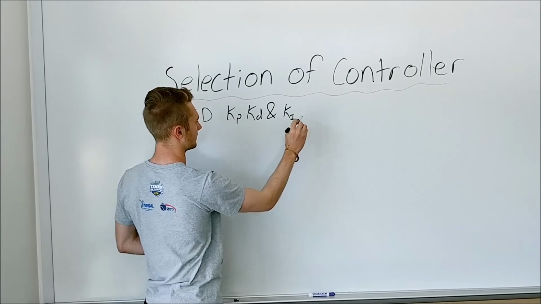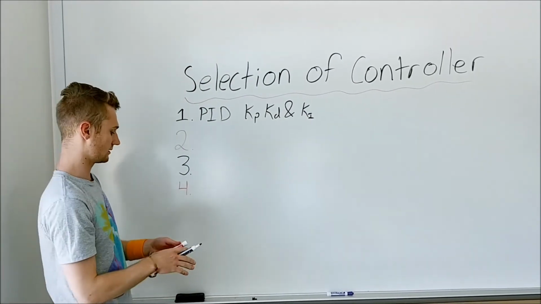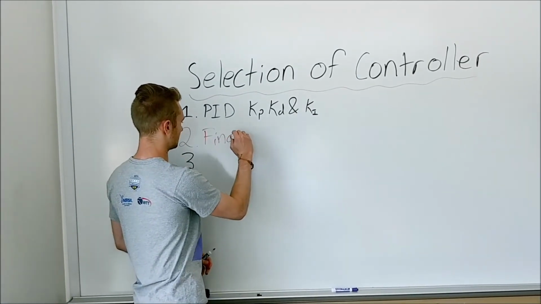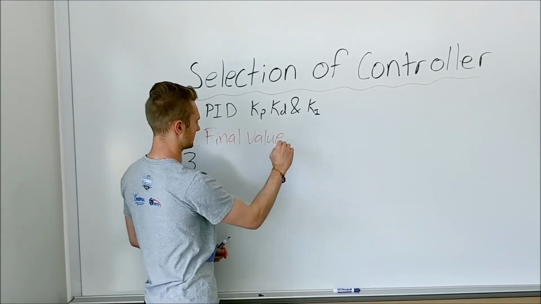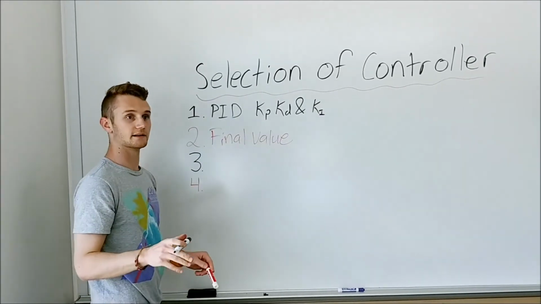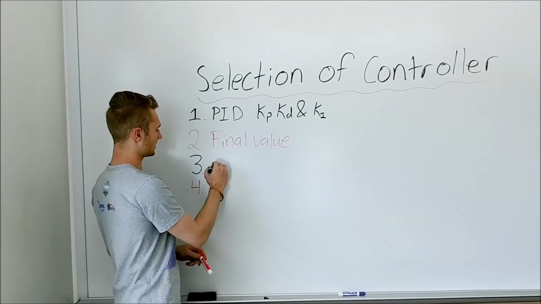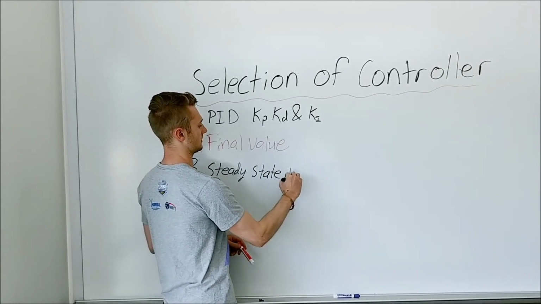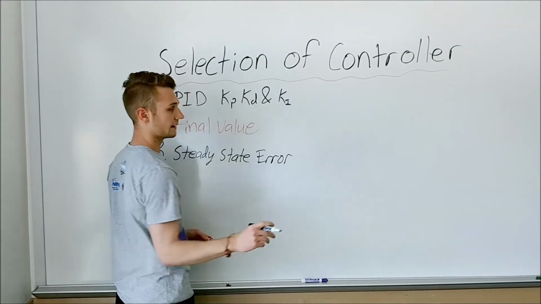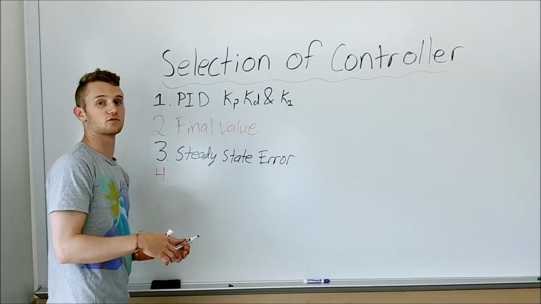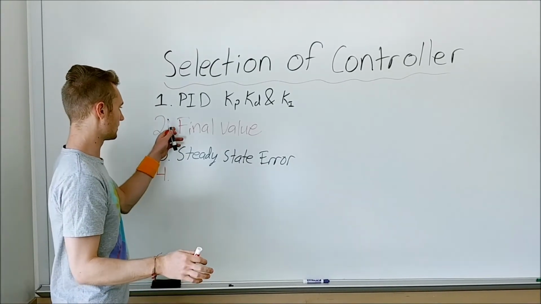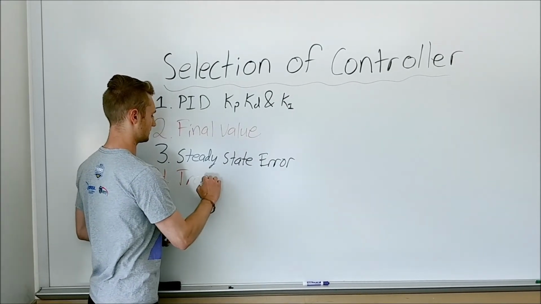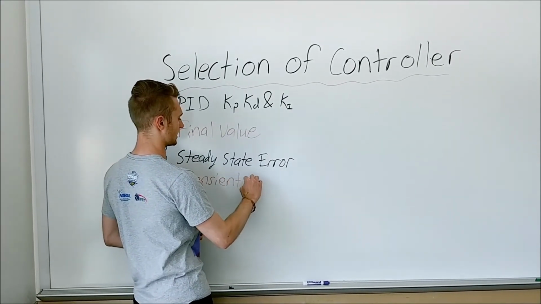Now, in order to select then Kp, Kd, and Ki, we used three types of analyses. One, we decided to do some final value analysis. We decided then to follow up the final value analysis with the steady state error analysis. And then in order to perform the final selection, once the results from these two analyses were found, we decided to do transient response